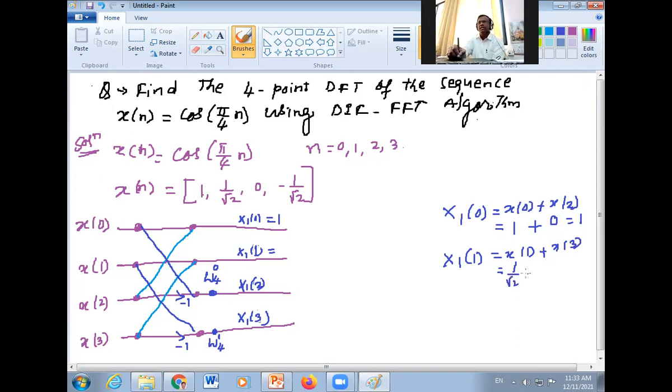Then plus minus 1 by root 2 is there. So the value is going to become a 0 here. So that means this answer is going to become a 0. This answer is also 0. Now, as we have multipliers here, we should have the value of this. W4 to the power 0 is 1, and W4 to the power 1 we already know how to calculate, or as we have discussed already with the circle diagram, you can remember this value. Okay. Now let us calculate the next value.